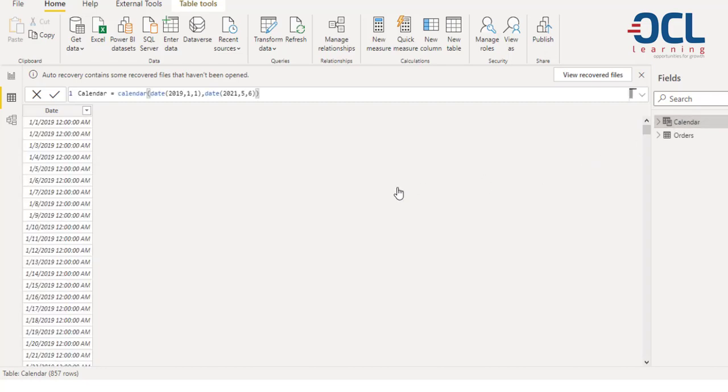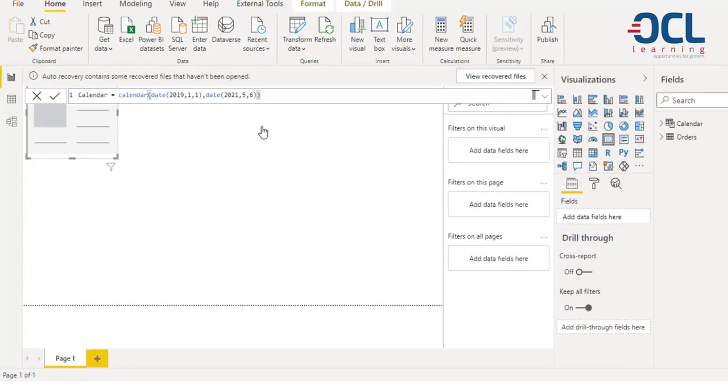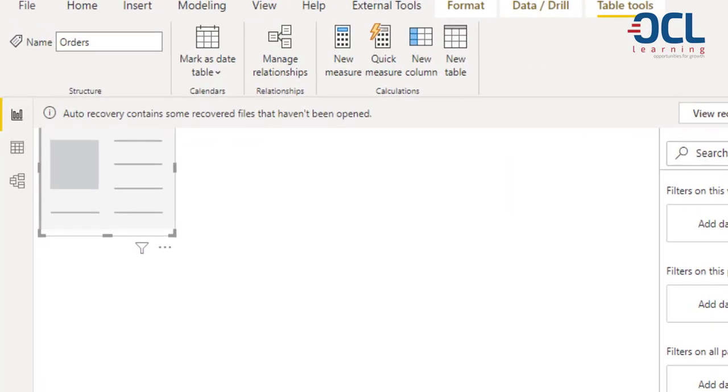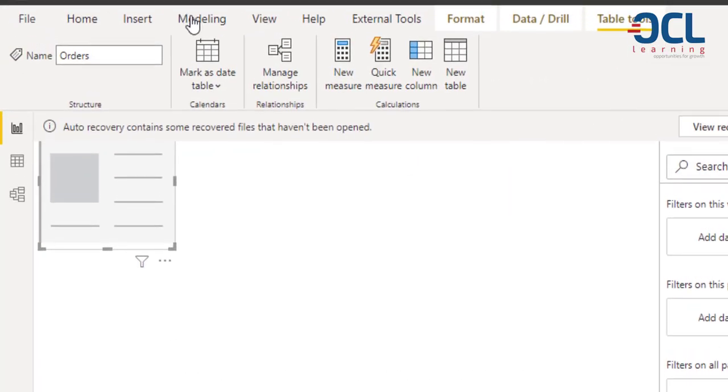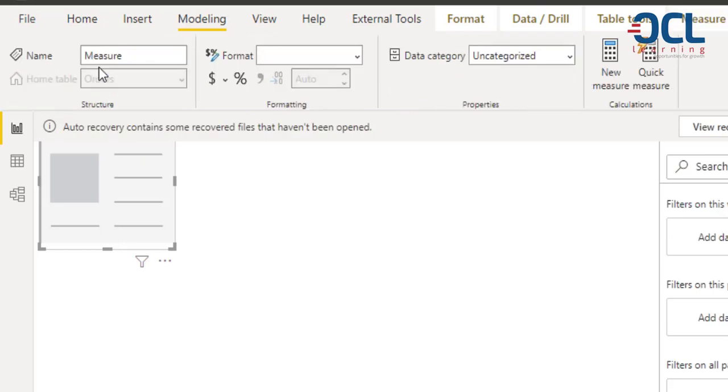Okay, our first visual is the year to date. So we'll create a measure for that by going to modeling. The first measure we'll create is the year to date sales. So we'll create a new measure that will come from the orders table. We'll call it year to date sales is equal to